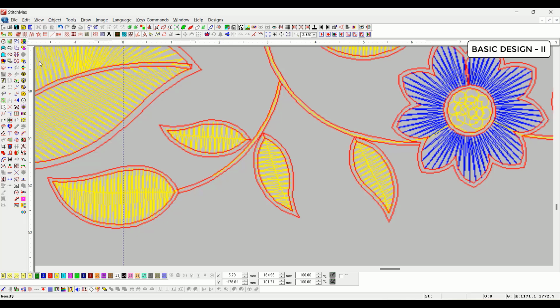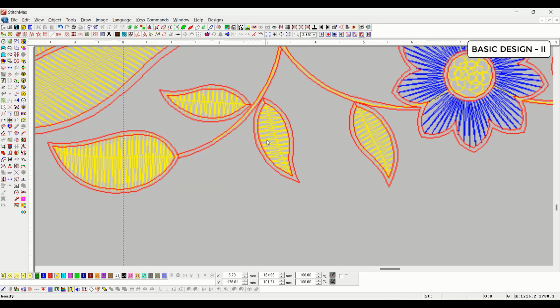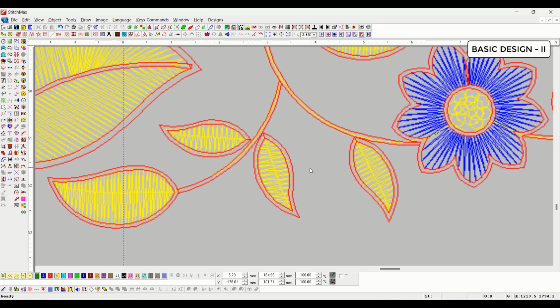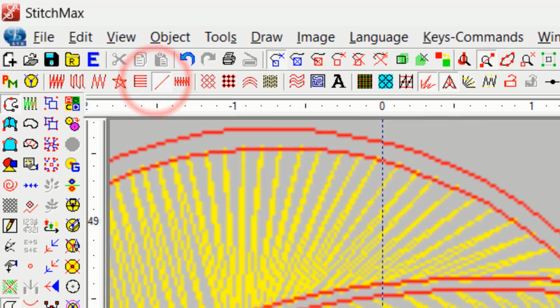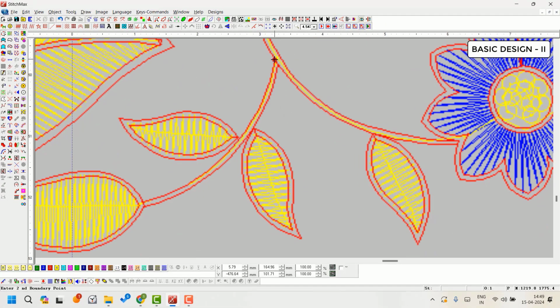You have learned the method of drawing using the Bezier tool with line fill, using left click and right click. Now, let's learn how to edit, delete, and change an object. Now, we will draw one line and add another within this design. For that, first, we will select the Bezier tool with line fill.